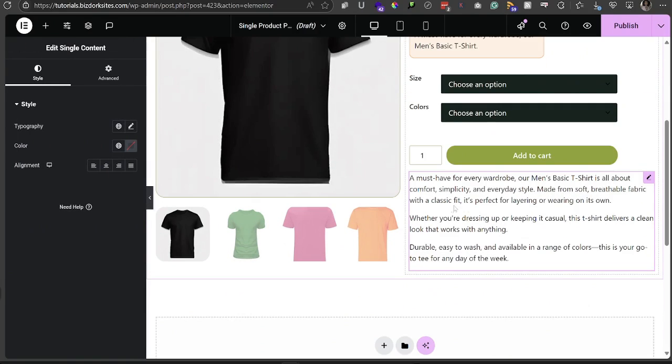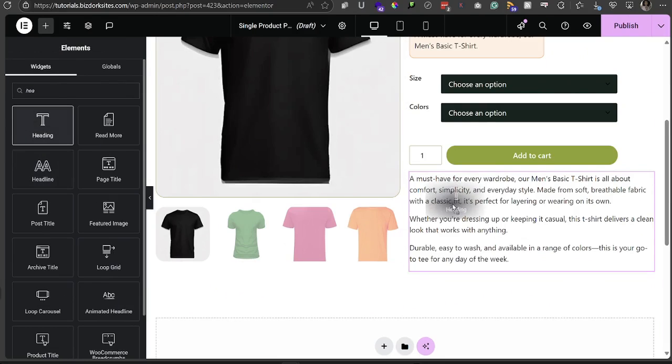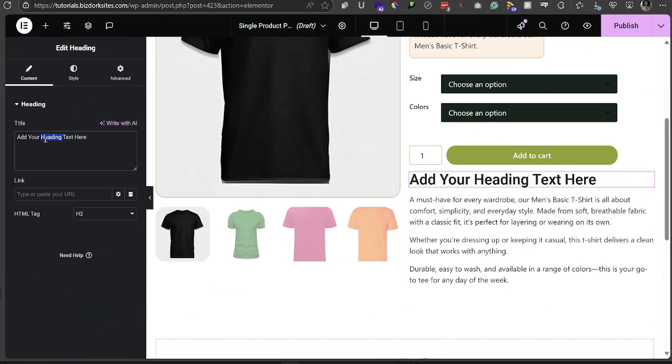Now, like I said, you can have your description here. If you do, I would highly suggest you drop in a heading widget right above there, and then you just type in something like this. Just type in something like product details,